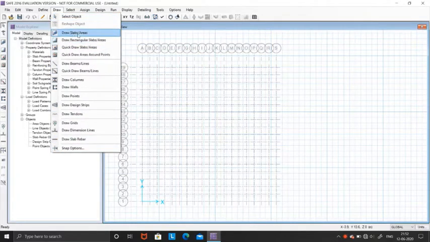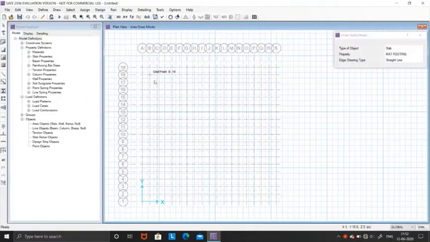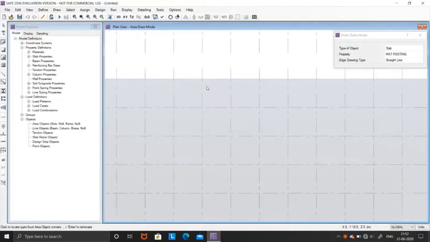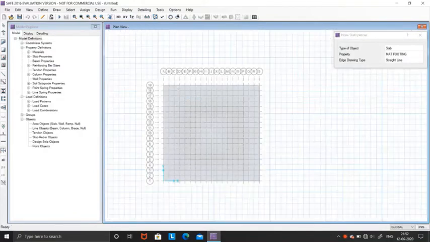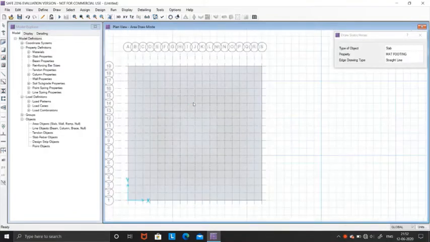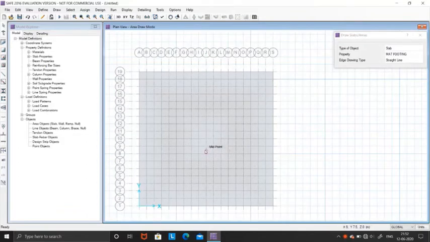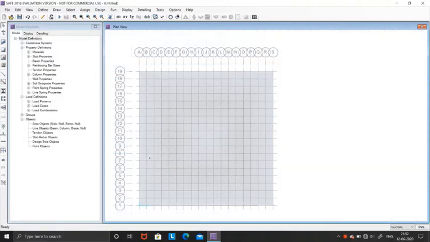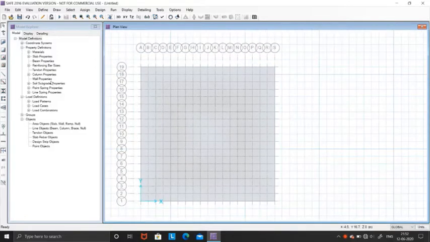Draw slab slash areas, and check it out, this should be matte footing, and start from here and make it on all the four sides like this. Okay, and escape. Now we have drawn the slab. Now we have to make it 2 meter more from both the sides.